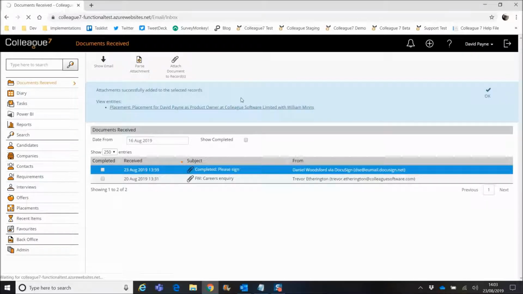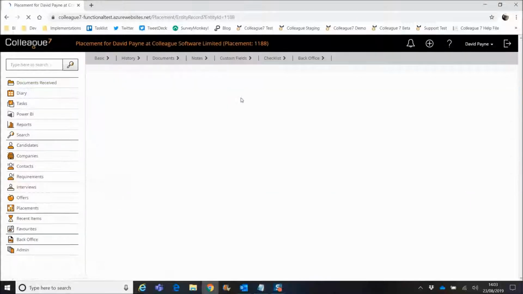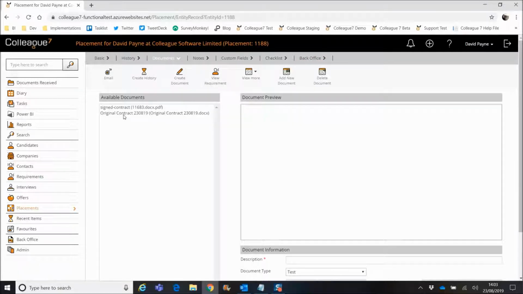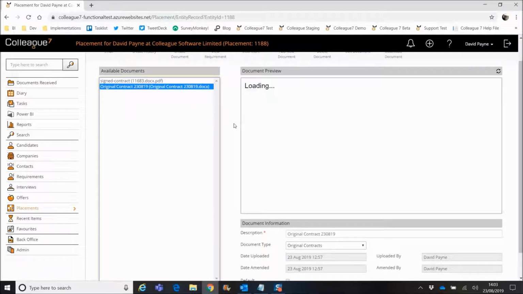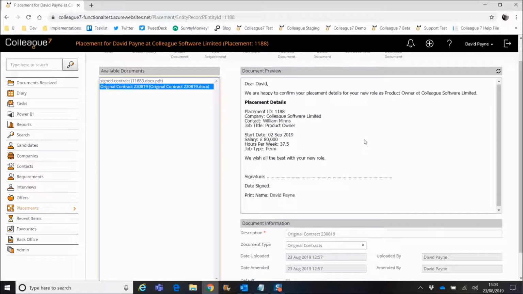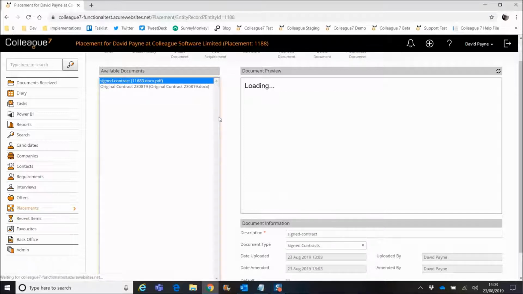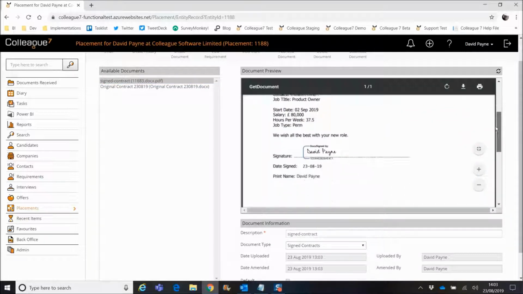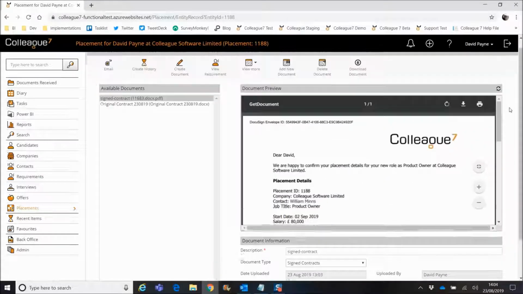So if we click on that link to open up the placement record, what we can see within documents is that you've got your original contract that was not signed, that was created from the system, and then you've got your signed contract coming back in PDF that obviously contains the signature. And that's the